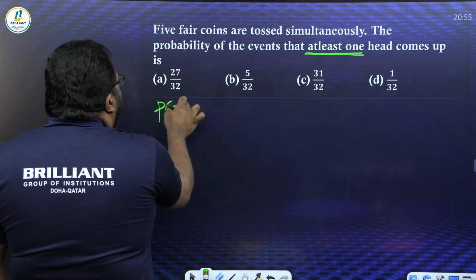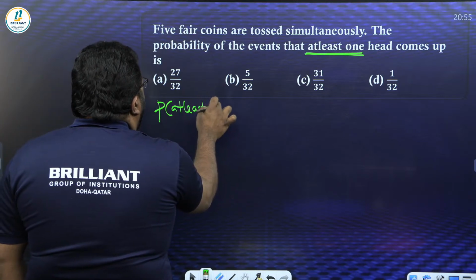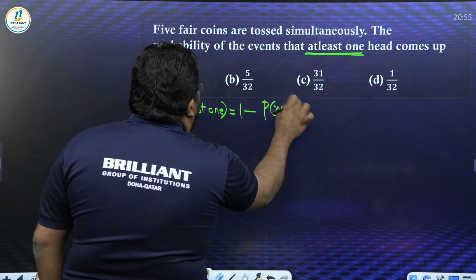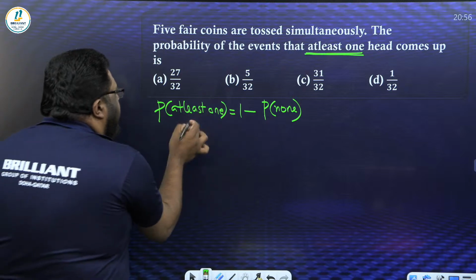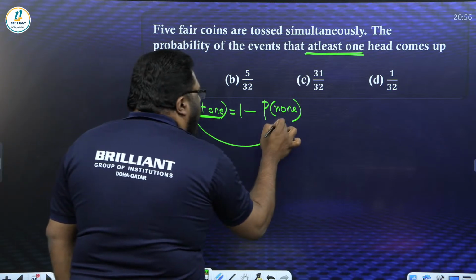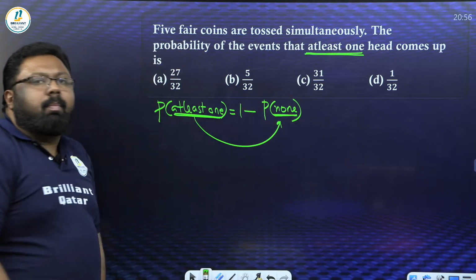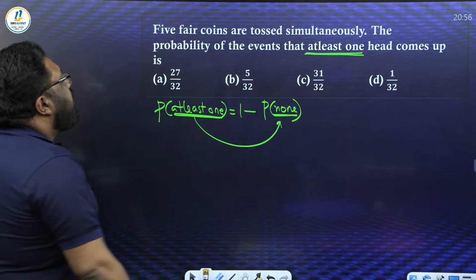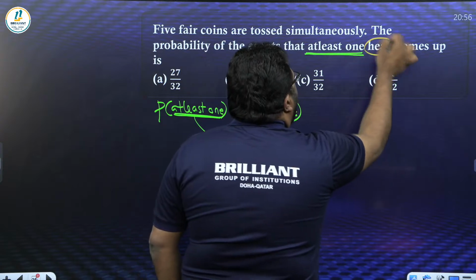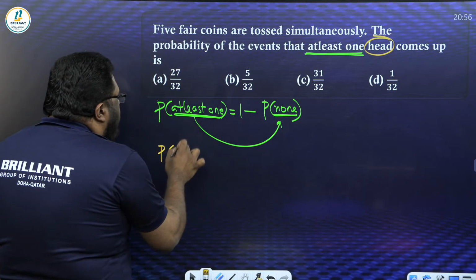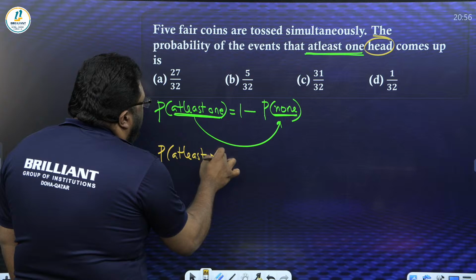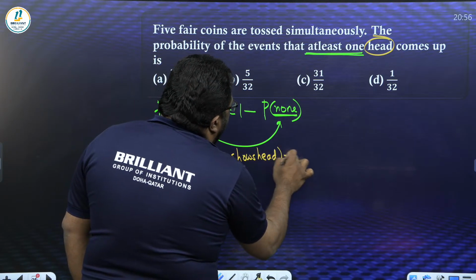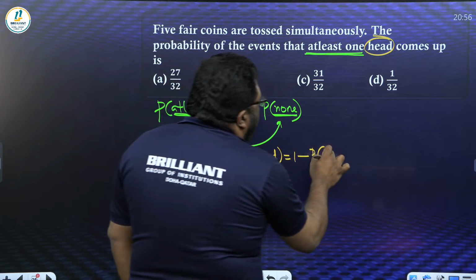Remember that the probability of at least one is equal to 1 minus the probability of none. Immediately change it, no doubts. At least one, immediately change to 1 minus probability of none. So they said 5 coins are tossed and they want at least one to show a head. So P of at least one shows head equals 1 minus P of none